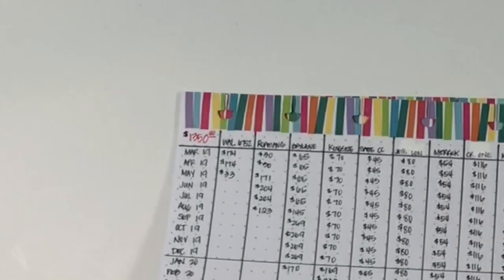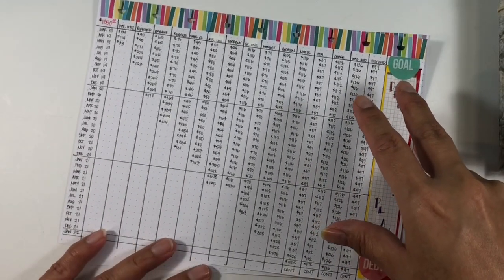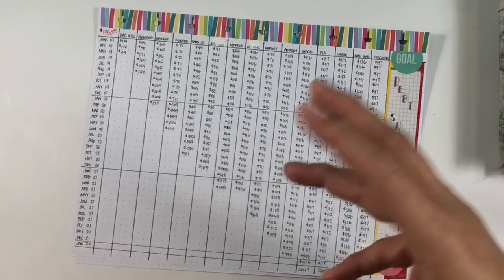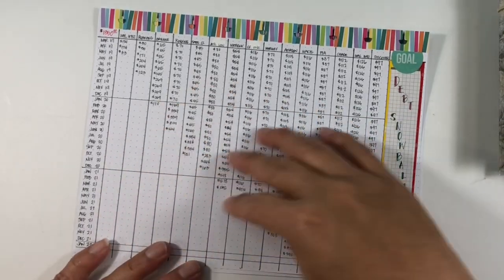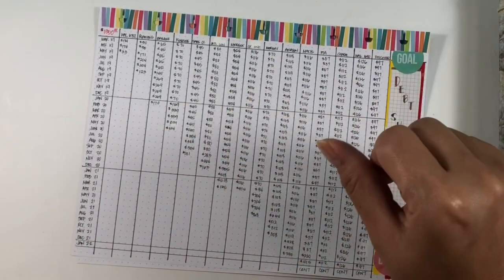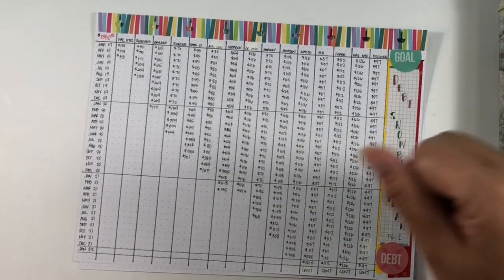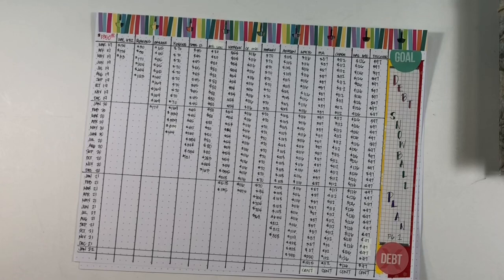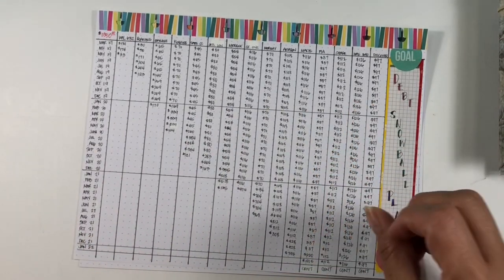Now, none of this takes into account the fact that I might be getting tax refunds on a yearly basis, but because I can't count on that, I'm not including that in here. Although any tax refunds that I get for any of these years, going forward, I do plan to use at least a portion of it to go towards my credit card debt, and then the remaining portion to go either to savings or sinking funds, because along with this, I'm sort of following